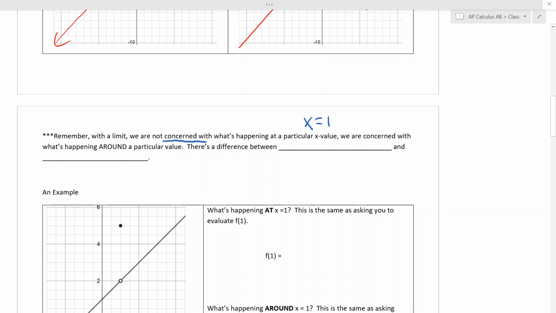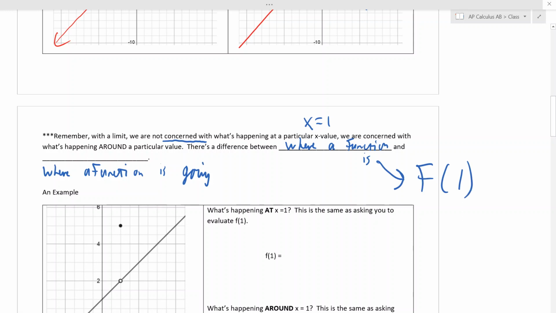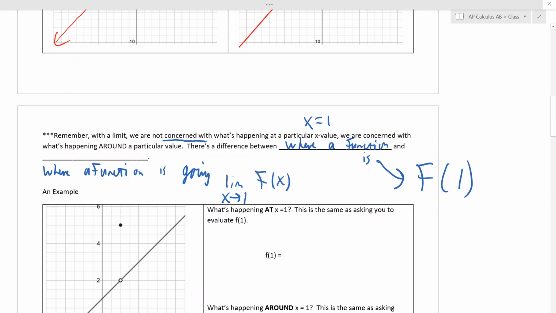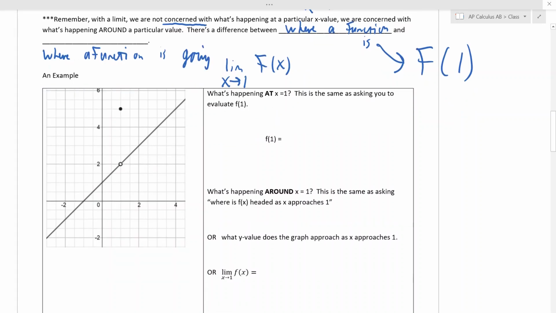So there's a difference between where a function actually is, where it actually is at 1, and where a function is going. Where a function is, this is notated as f of 1. Where a function is going is notated as the limit as we approach 1 of f of x. They're different questions, although sometimes they have the same answer. Okay? So if we go through here,